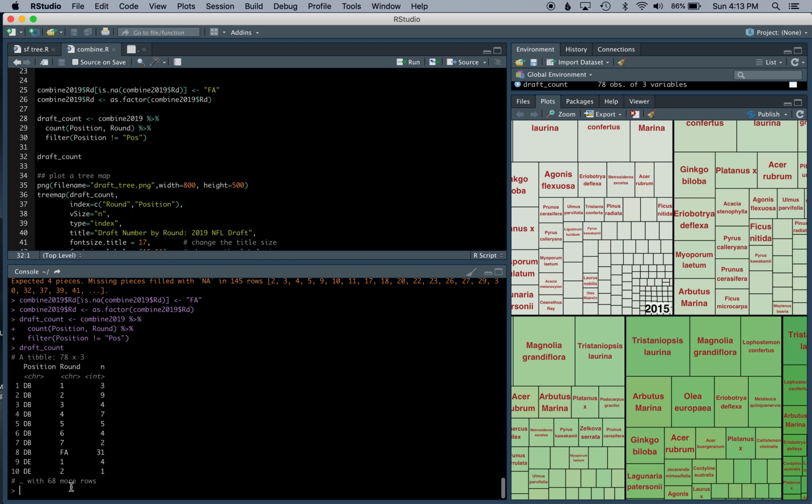And it's going to look similar to the one we saw in Courtney's example. So for example, defensive backs in round 1, there were 3 of them that were taken. The count function is basically a really easy way to create a table in a long data frame format. So I could have looked at it like this, something like Combine 2019,